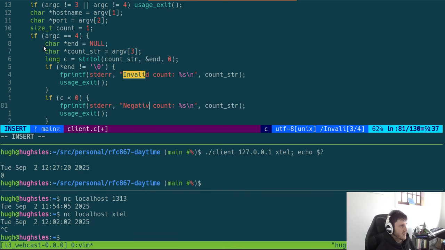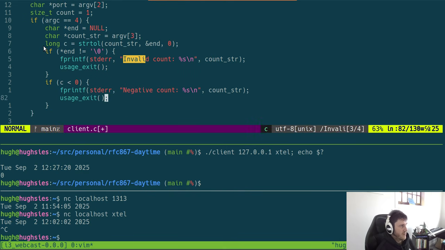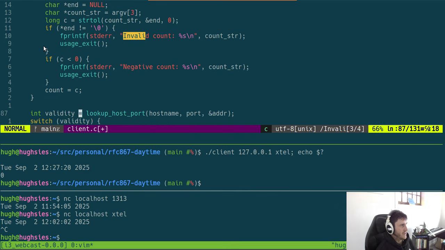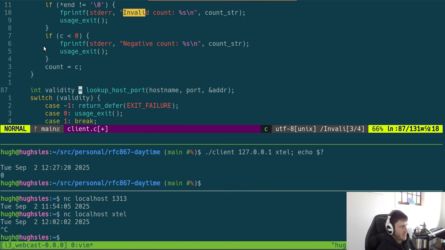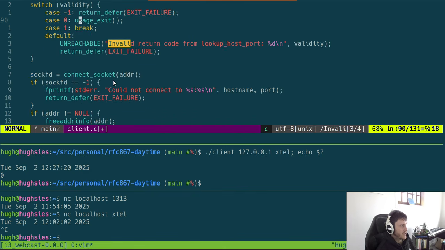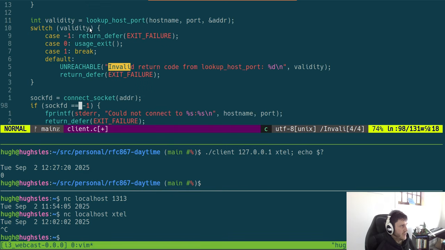Negative count. Cool, and then we can just go count equals C because we've done all the checks and it is legit. And so here we can kind of start some magic. So here we only really need to do this once, but here we can